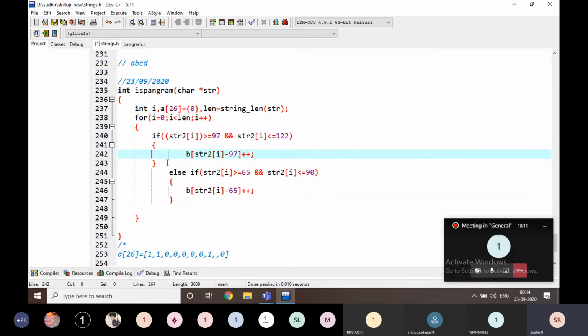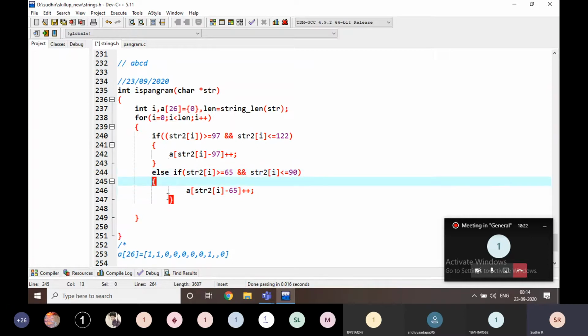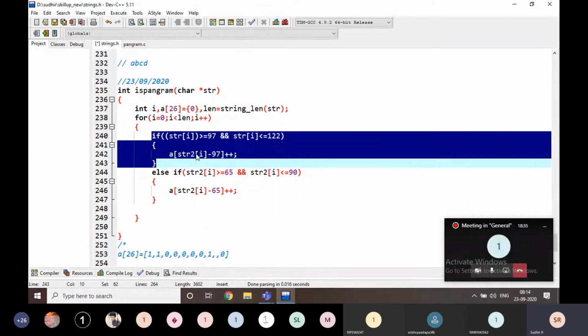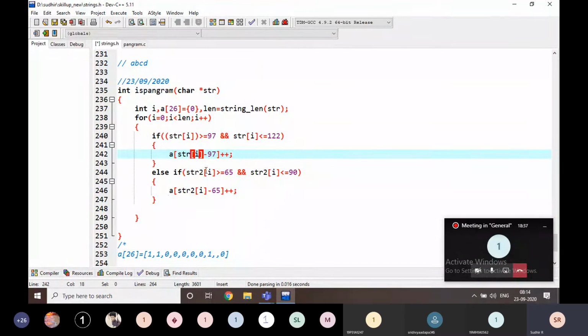I'm going to change like this. That means this is not A. I'm going to write it as B here. What I am writing here, just observe. If it is a capital letter or a small letter, for example, this is a small letter, right? If it is a small letter, I am going to change the index in A with 1 like that. If it is repeated again, I am going to change it as a.